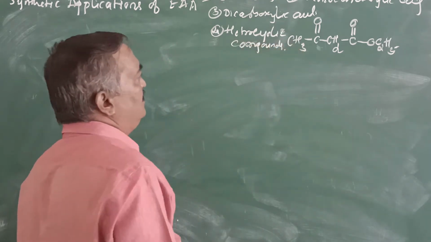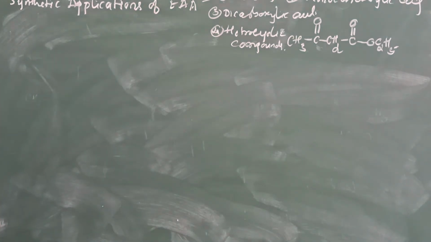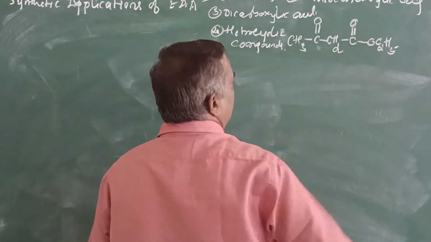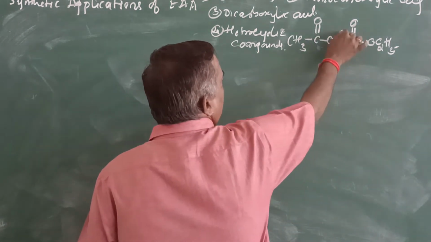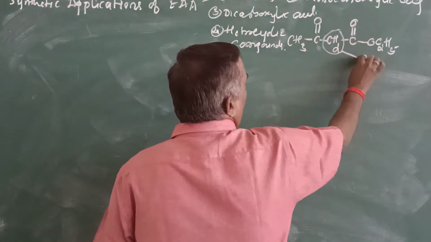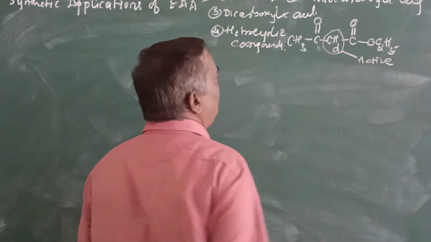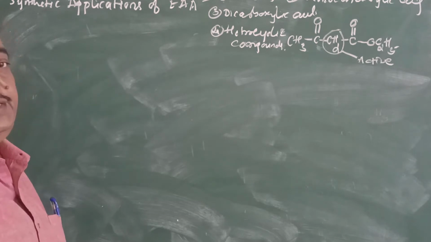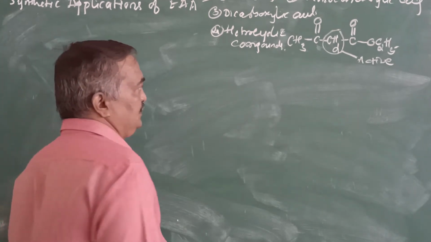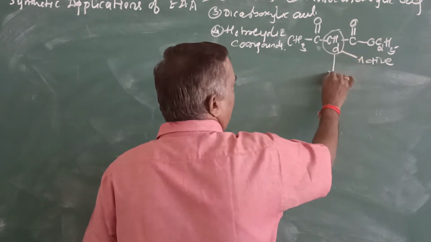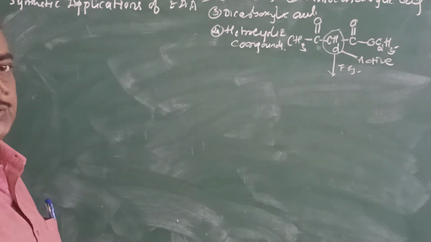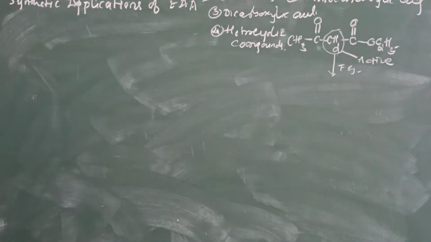Okay, so before we go for this, let me again remind you, this is CH3CO, CH2CO, OC2H5. So this particular methylene group is called an active methylene group, or the hydrogen atoms present on it can be replaced very easily, therefore they are said to be highly active. Okay, so these active hydrogen atoms can be replaced by any functional groups during synthetic methods.